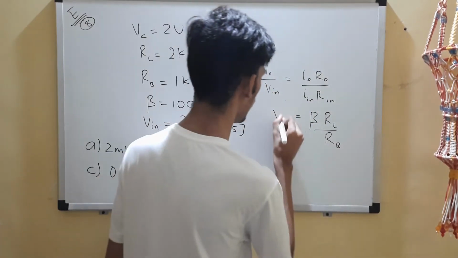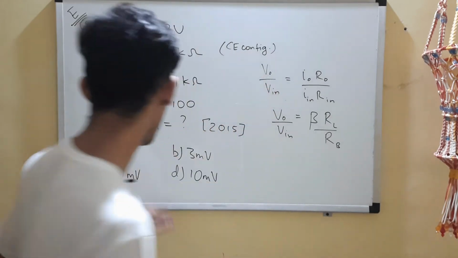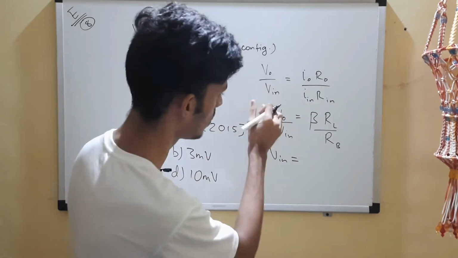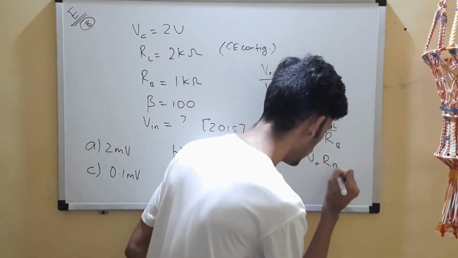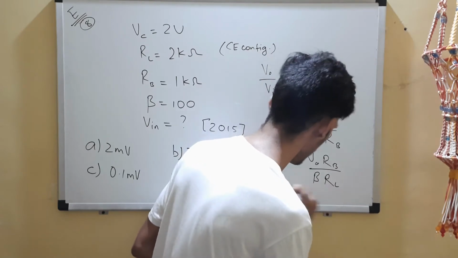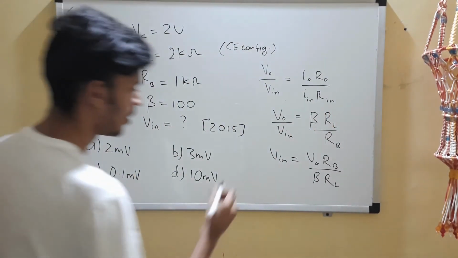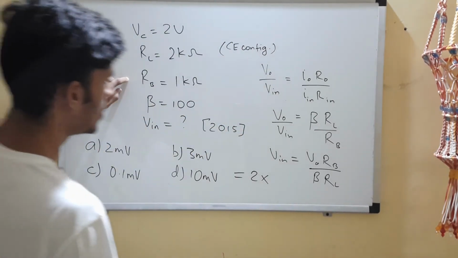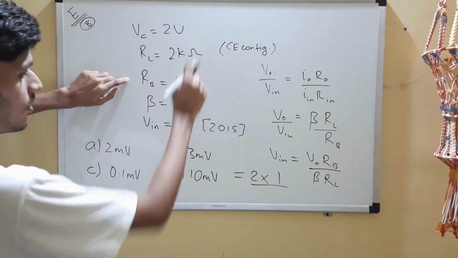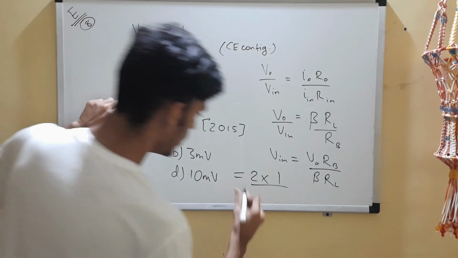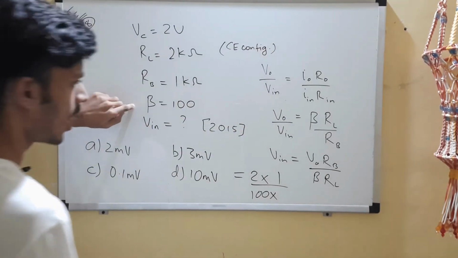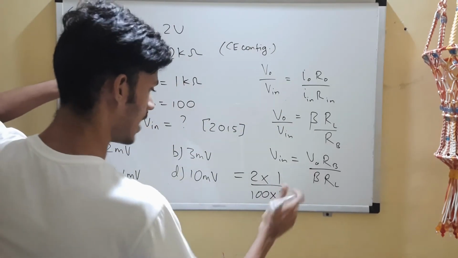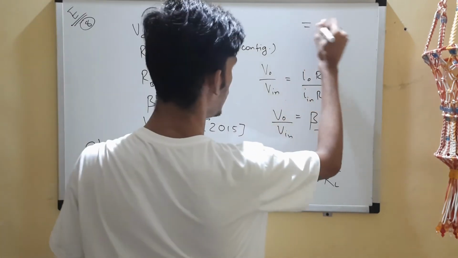Okay, now keep in mind that we have to find this input voltage over here, right? We want to find this input voltage, so cross multiply and you'll get V input as VO into RB divided by beta RL, right? So just plug in the values, and what is left, we'll get our answer over there. So VO is 2 into RB is 1 kilo ohm. I'll keep it in kilo ohms, this and this will get cancelled. Okay, and beta is 100. Here we want RL, right? RL is 2, so kilo ohms get cancelled, 2 will cancel with that, and you'll get 10 to the power